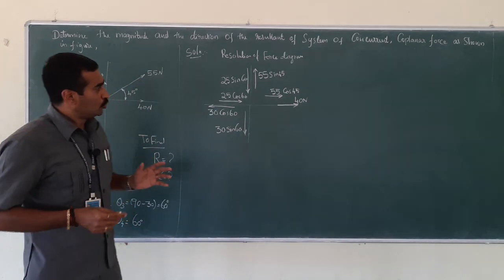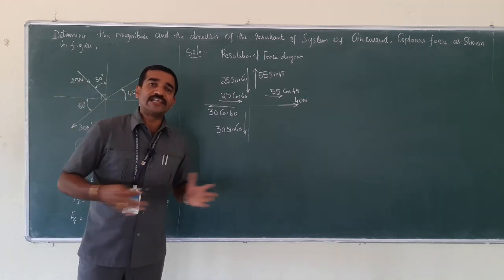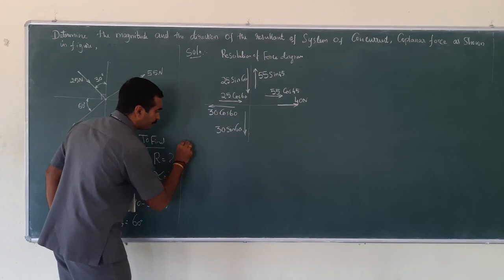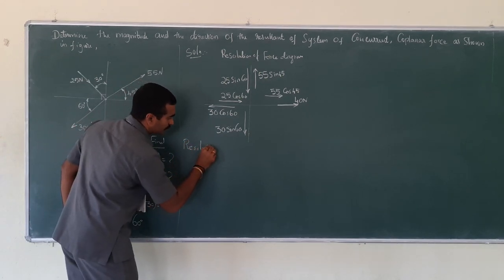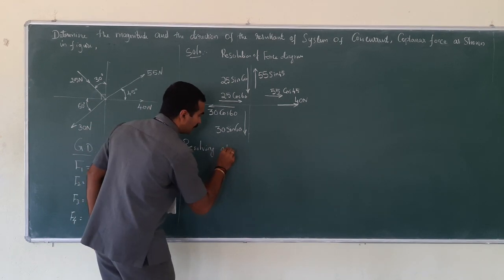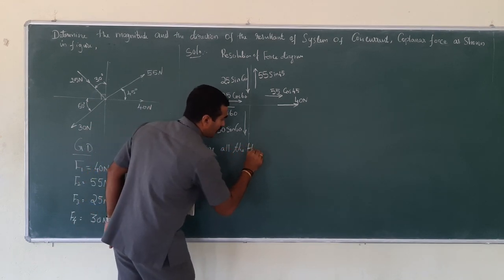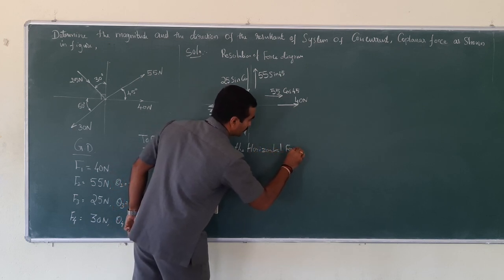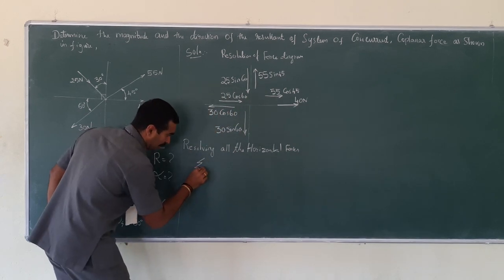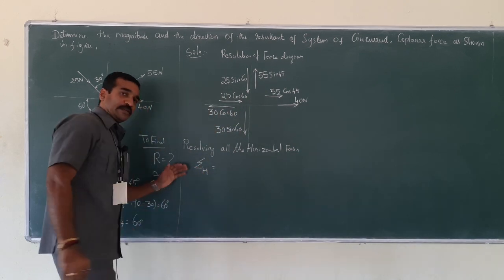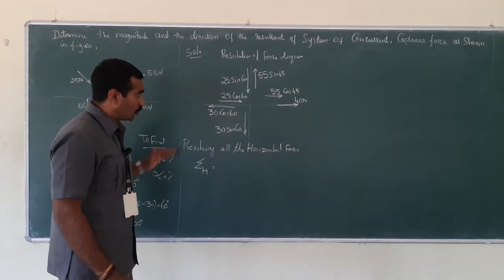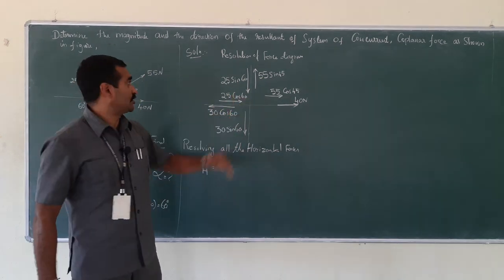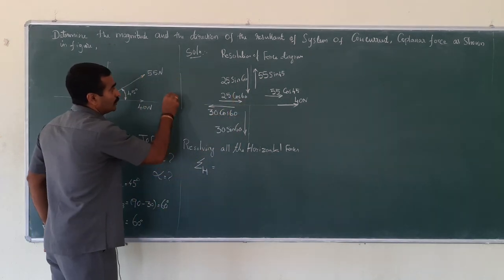Right. First, what you have to do? You have to sum all the horizontal components, or sum all horizontal forces. So, resolving all the horizontal components or horizontal forces, which can be denoted as summation of H, the algebraic sum of horizontal components. Look at here, and you need to know the sign. That is the sign convention I have taught you in this way.